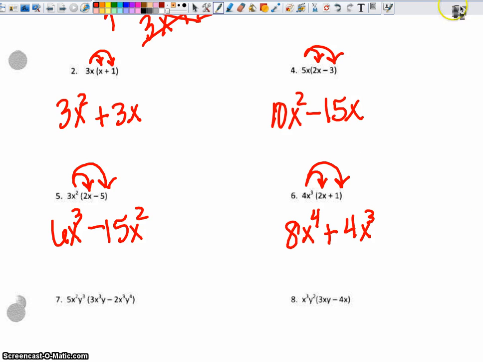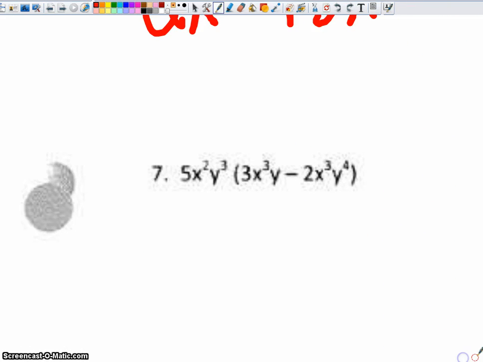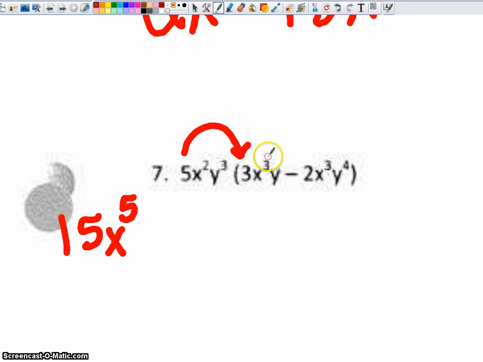Number 7 looks a little scary. It works the same way. It's just that you've got lots of letters to deal with, and you take it one letter at a time. Deal with your coefficient first. 5 times 3 is 15. X squared times x to the third becomes x to the fifth, 2 plus 3. Y to the third times y becomes y to the fourth,